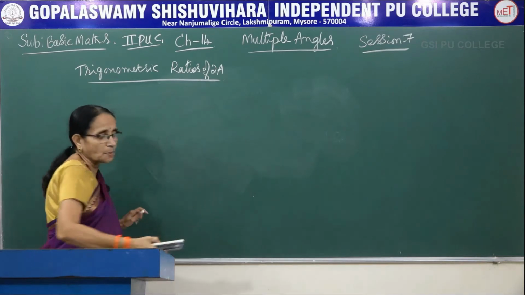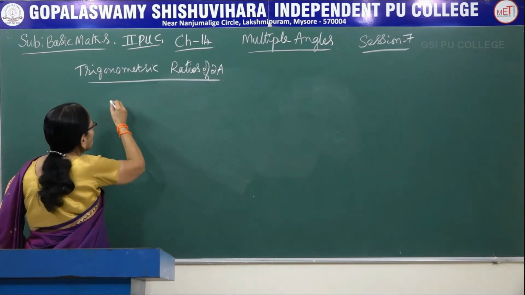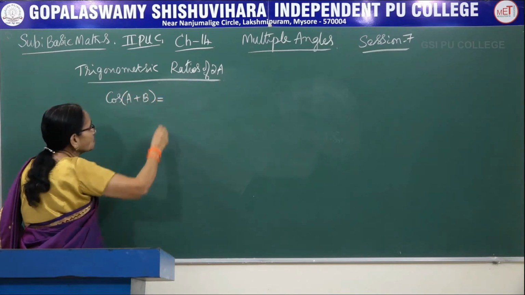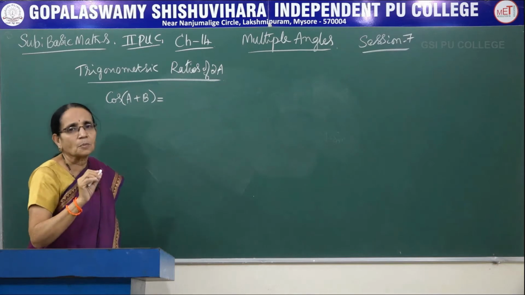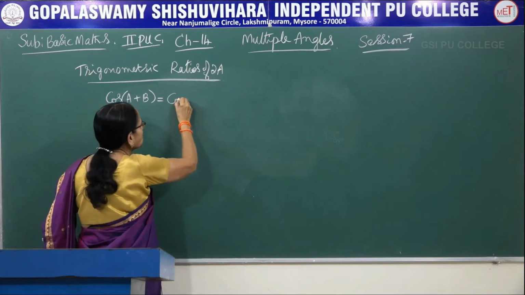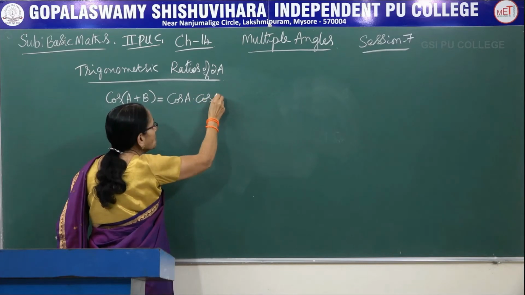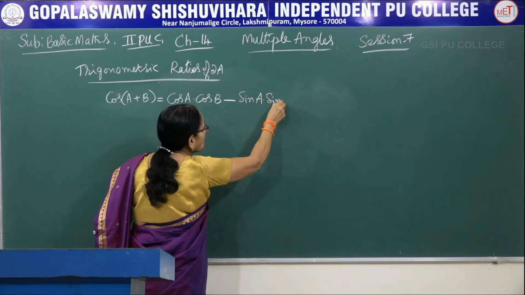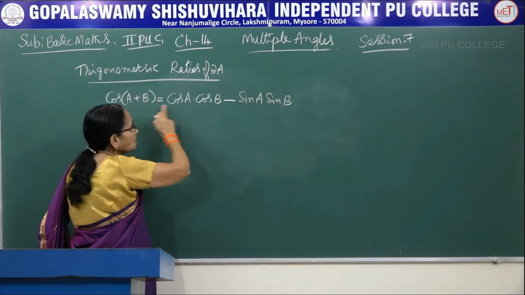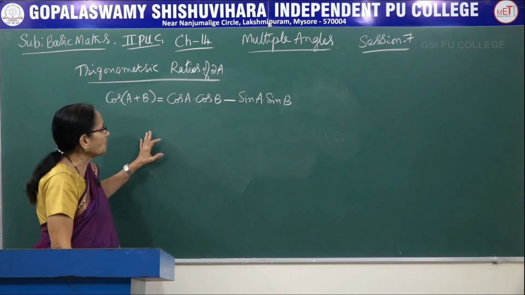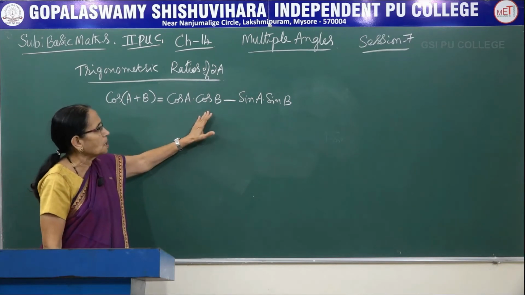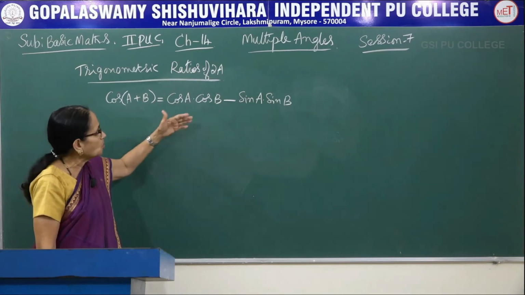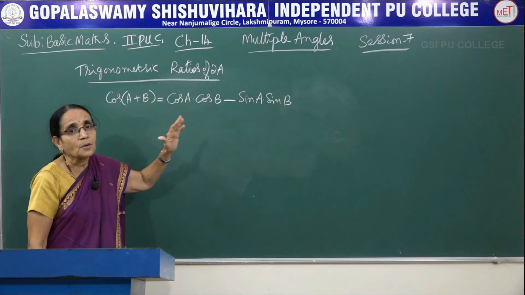Now let me consider the cos formula, that is cos of a plus b. So for all of them we start with the compound angle formula only, that is cos a into cos b. Here we are having a minus sign. I hope you remember this one. When plus is there, it would become minus. So cos of a plus b would be cos a into cos b minus sin a into sin b. Again the same condition. The formula holds good for all the values of a and b.